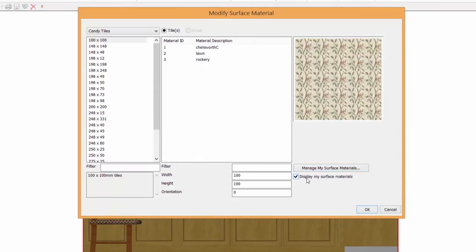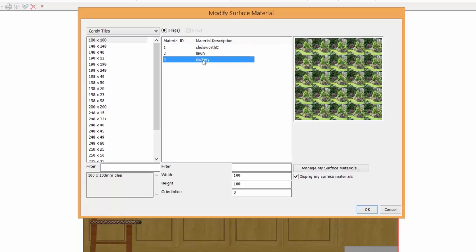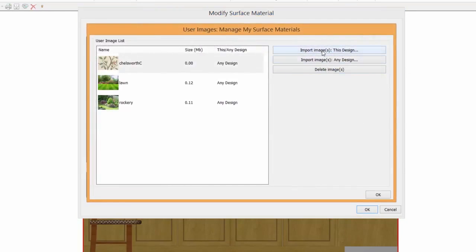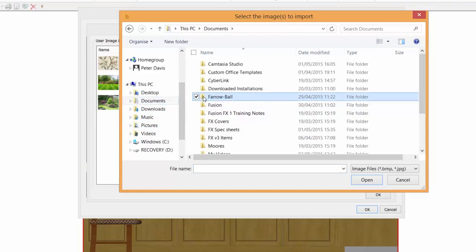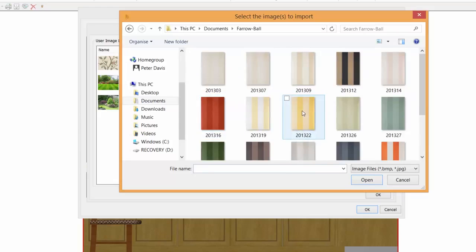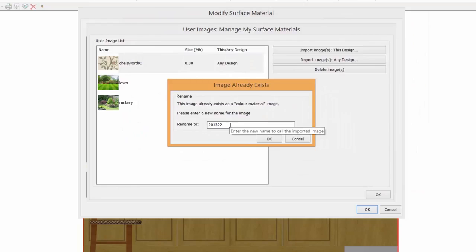I want to display my surfaces, and in here there is a tile already, perhaps a picture of a lawn and a rockery, and what you're seeing is it's repeating itself every 100 millimeters. Well, let's go and see what we can do. If I go and choose to import an image for any design and then choose to go and select my Farrell and Ball in here, choosing that yellow pattern once again and open that,